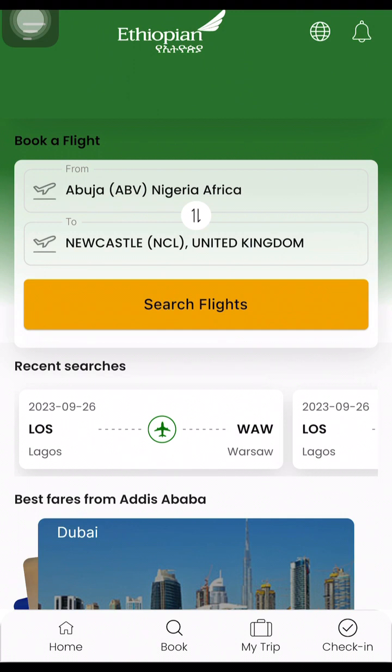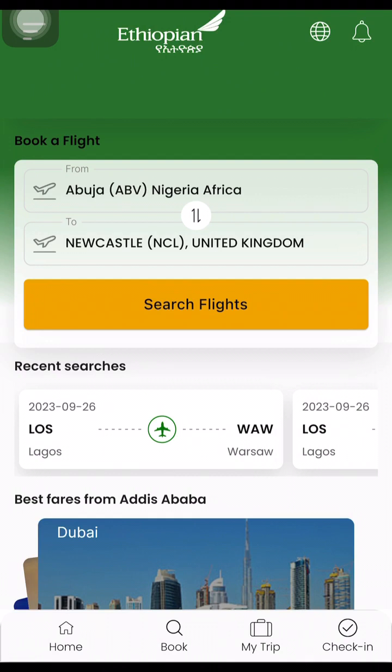When I wanted to make a flight reservation for the purpose of my visa, I contacted someone and the person told me to bring 15,000 naira. But then I did my own research and I discovered that the flight reservation this person is going to give me, the person is going to get it for free without paying anything, and it is something that I can also do myself with ease at the comfort of my home. So I decided to do this myself, and that is why I'm also sharing this knowledge with somebody out there that might need this.